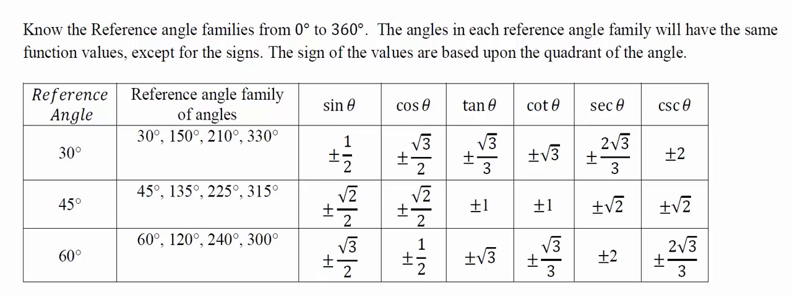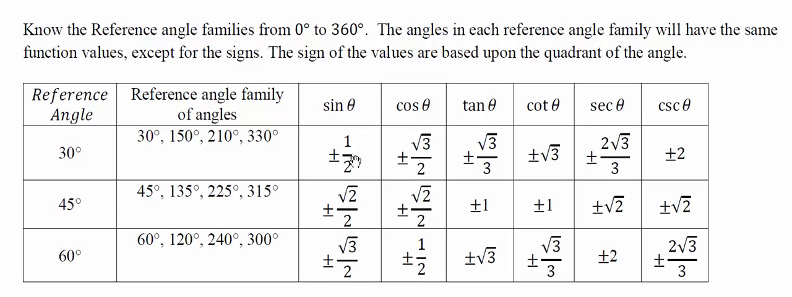You should be very familiar with what we call the reference angle families. So for example, for a reference angle of 30 degrees, there's a quadrant 1 angle, quadrant 2, quadrant 3, and a quadrant 4 angle, and all of these are part of the 30-degree reference angle family. For each of these angles, 30, 150, 210, and 330, all four of those angles will have a sine value